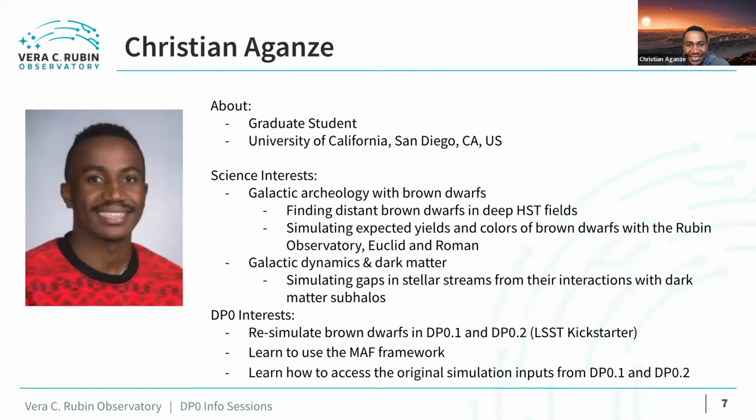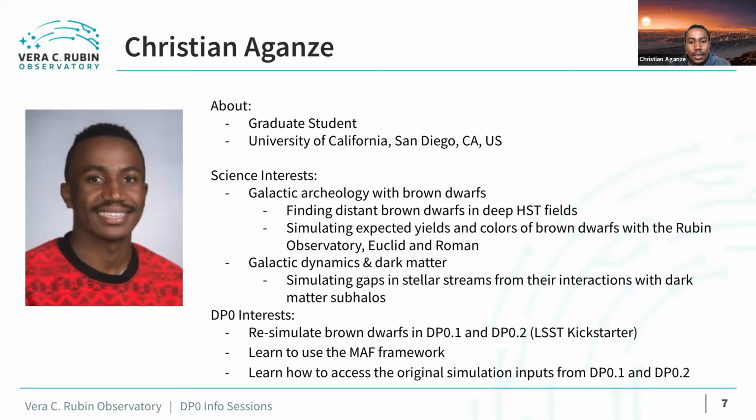Hello, my name is Christian Aganze. I'm a graduate student at the University of California in San Diego. And my science interests are in brown dwarfs. I work on trying to use brown dwarfs as tracers of the structure of the galaxy, so galactic archaeology. So I'm interested in simulating how many of them the Rubin Observatory will observe and what will be their colors and their properties. Another scientific interest is simulating stellar streams, but not with Rubin, but with Roman. But that's also another science